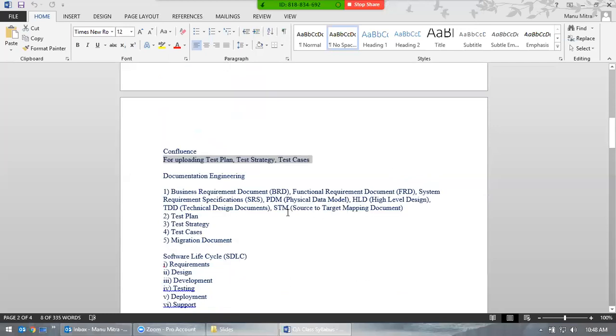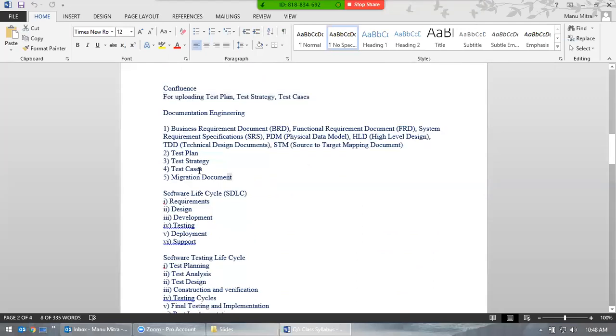Next are the various documents. You want to make sure you understand all the documents. It's not necessary that you will use all of them in your project, but this is an important thing. It's the stepping stone whenever you join a project: you have to refer to documents. Without documents, you are not going anywhere, because you won't understand the project if you are not referring to them. The documents are very important, so we'll go through these documents.